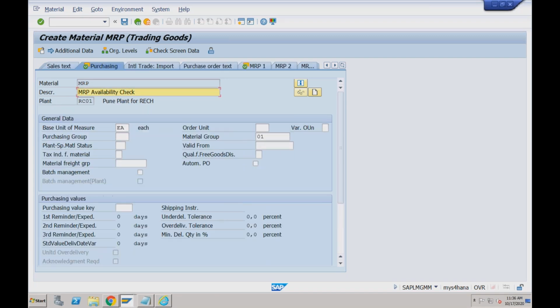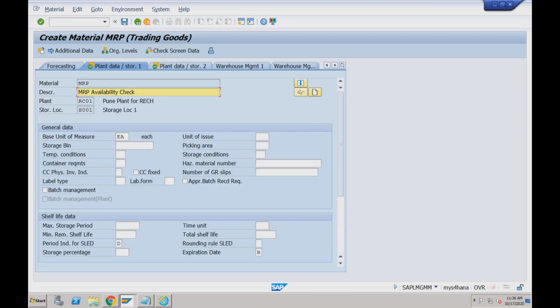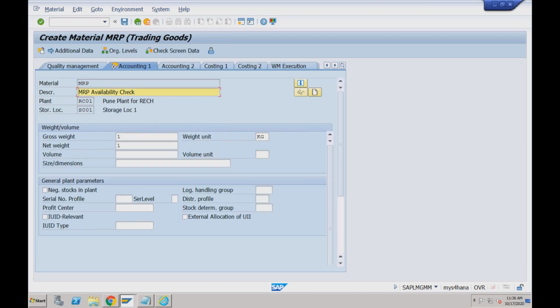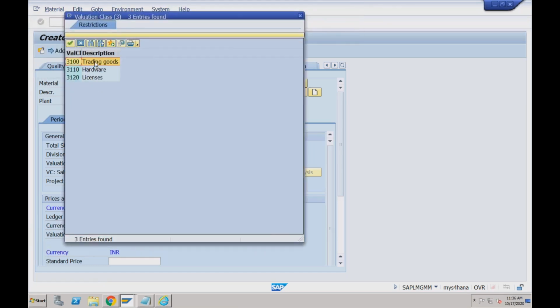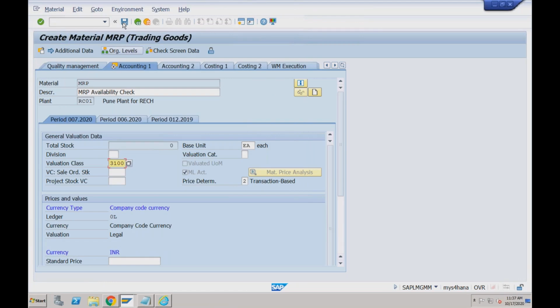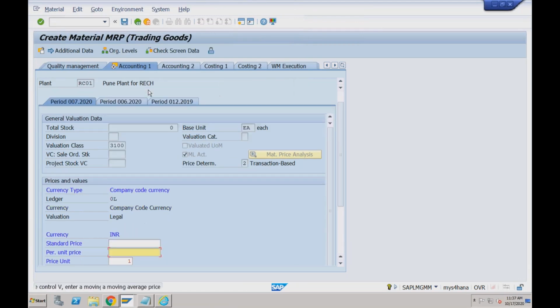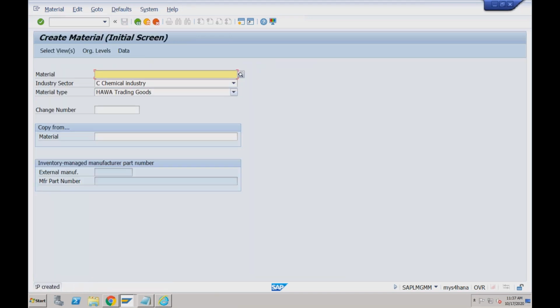Okay, any other information that you need to maintain, you can maintain at the material master level. Accounting one, valuation class is a mandatory field. Without valuation class, system will not be able to determine the GL account. And then let me save it. So now what I can do is I can use this newly created material for my MRP and availability control related